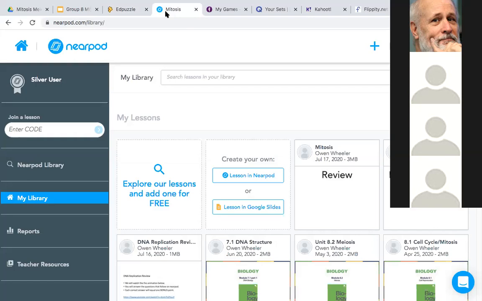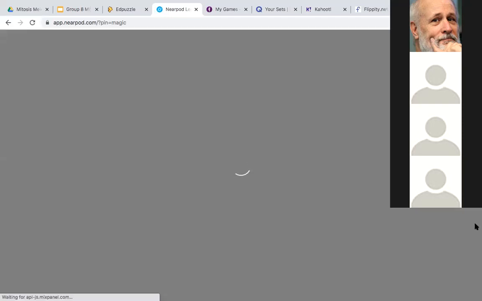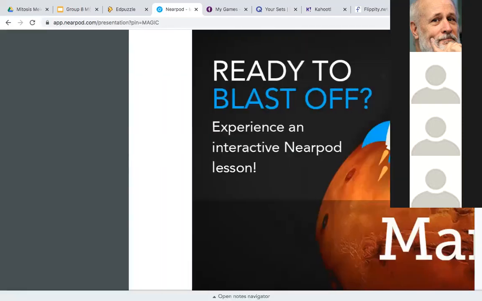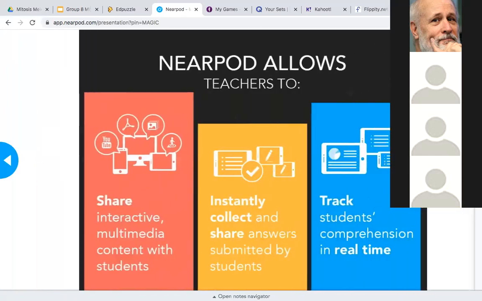If you go to nearpod.com and type in the word magic, it'll take you through this cute little tutorial. This is a little interactive lesson about Mars.